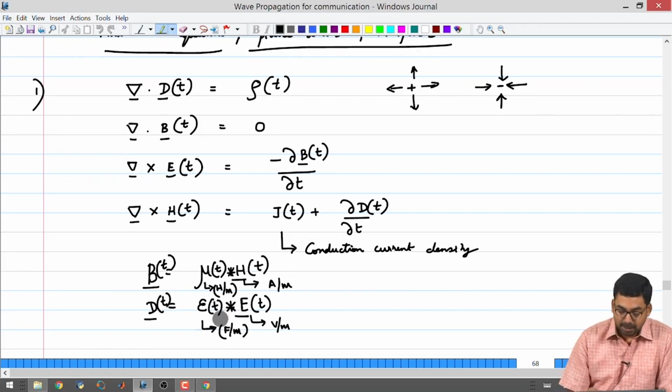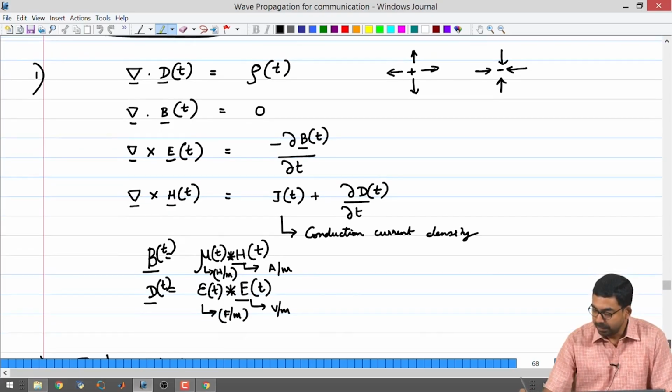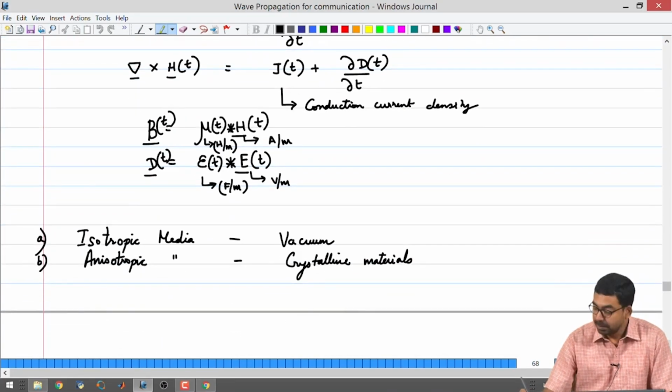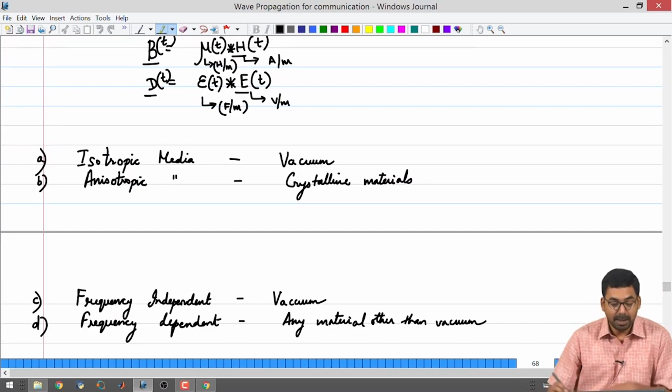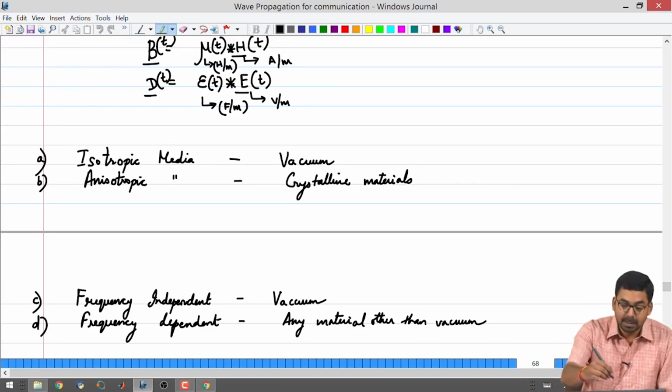In the most general case, epsilon is a function of frequency, so it is also a function of time. Mu is a function of frequency, so it is also a function of time. Hence, the operator is actually a convolution operator. But in the simple setting, we consider mu and epsilon to be frequency independent, and we still think about different kinds of materials which are possible with respect to space. This is the temporal